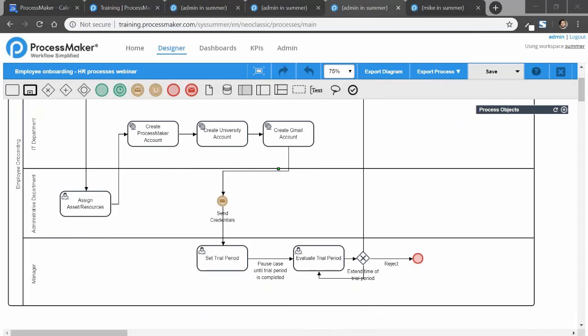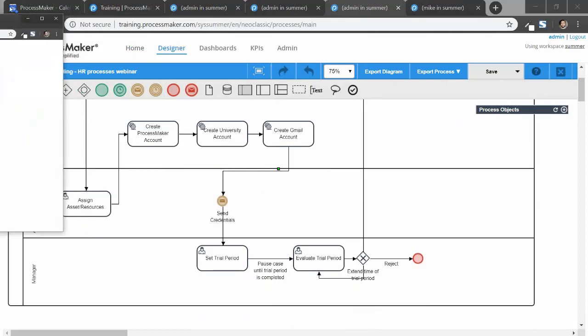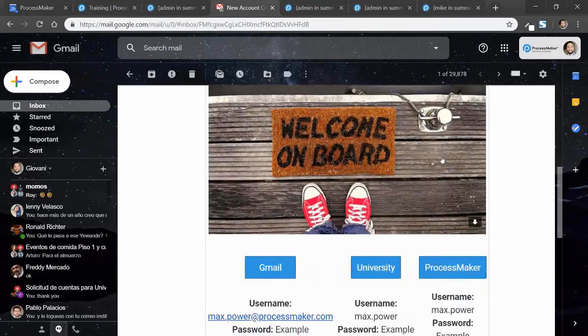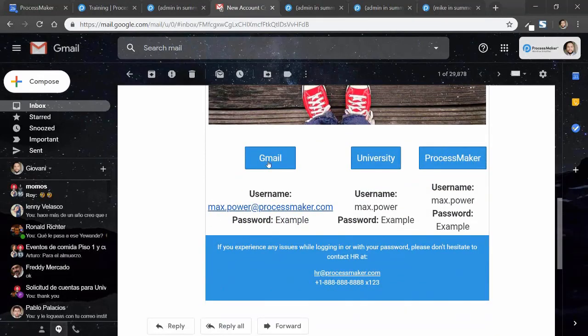Okay, so you can see that I just received this email right here. Let me share it with you. There we go. This is the email that I just received here. It reads, "Dear Max, we're so excited to be working with you. Welcome on board." And you can see how I just received all of the credentials related to Gmail, ProcessMaker University,